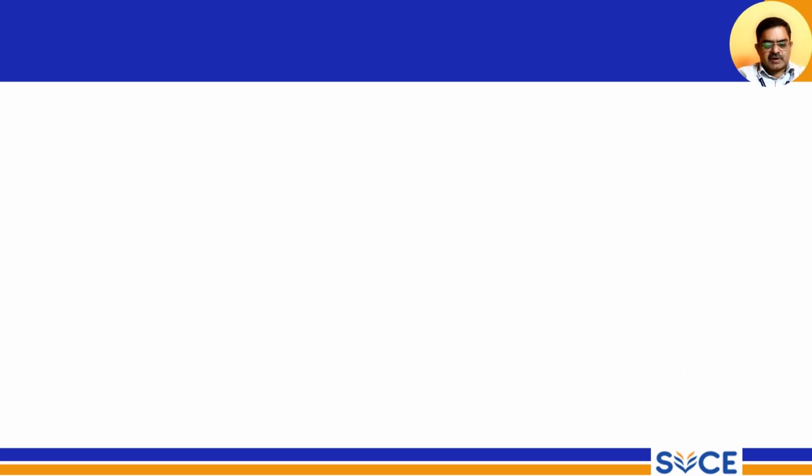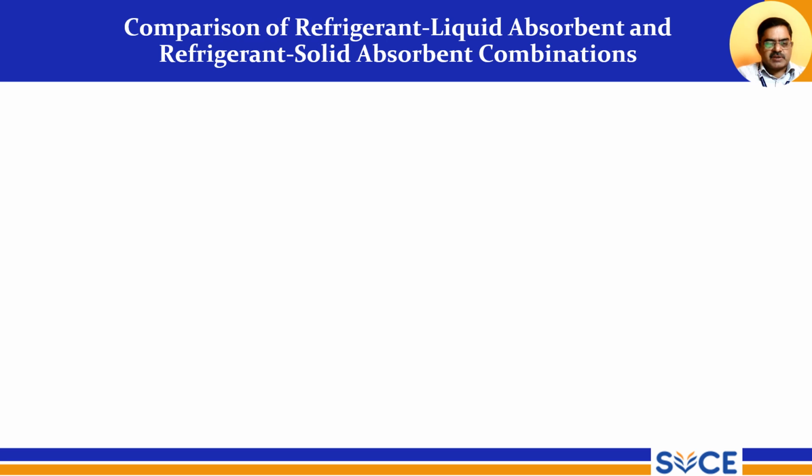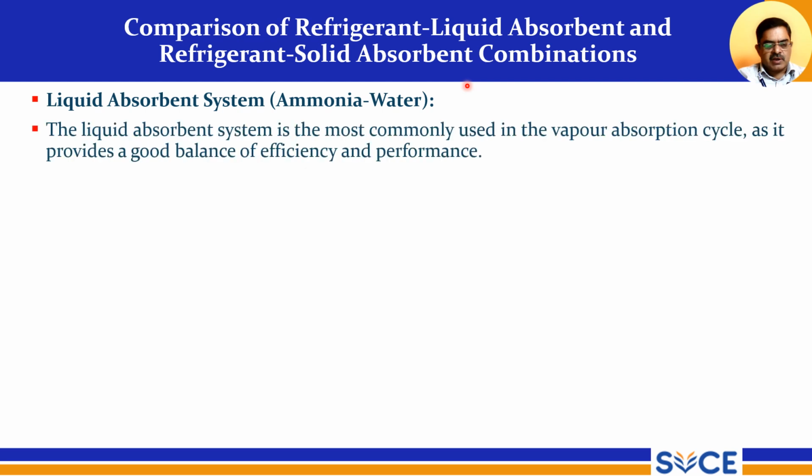So we have another comparison here: the comparison of refrigerant liquid absorbent and refrigerant solid absorbent combinations. This is a small comparison, and it is also one of the important questions from an exam point of view. The liquid absorbent system is obviously ammonia and water. The liquid absorbent system is most commonly used in the vapor absorption cycle as it provides a good balance of